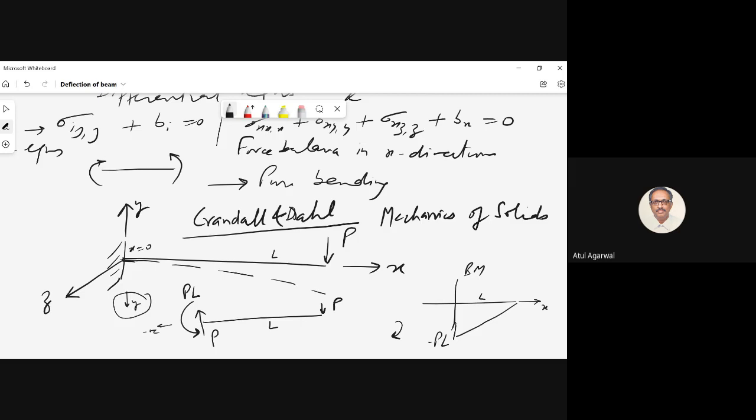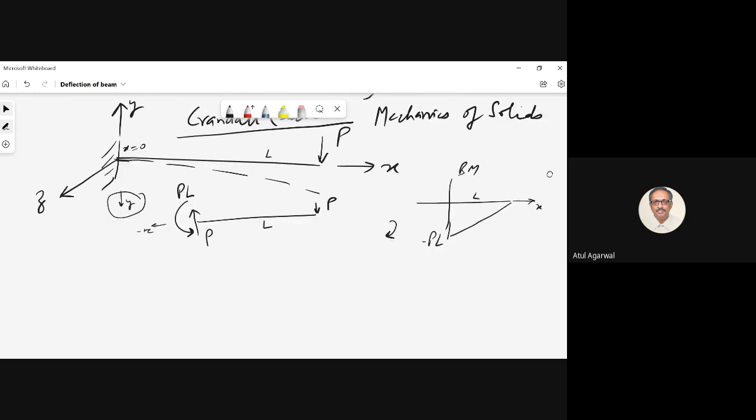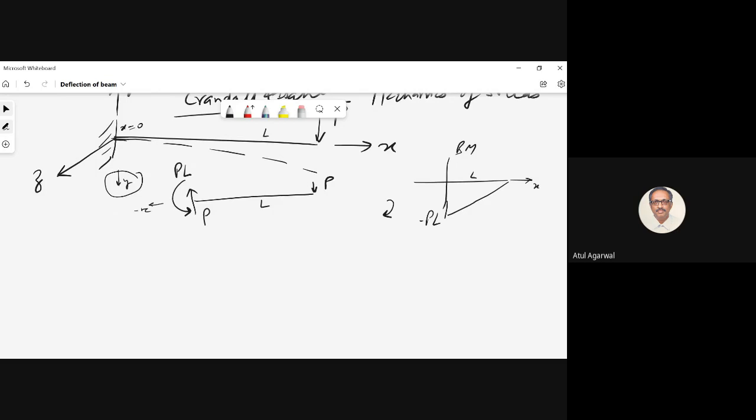So you see bending moment is not uniform along the length. Till now we did a situation where bending moment was uniform. Now we are having a situation where bending moment is non-uniform. So we had derived an equation 1 by r is equal to M by EI, where our M was a constant. M was M naught. But now here what is our bending moment distribution?